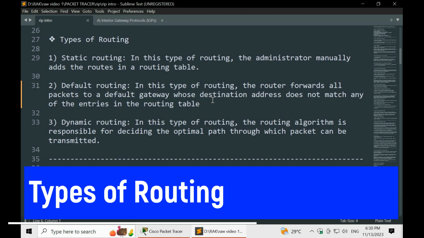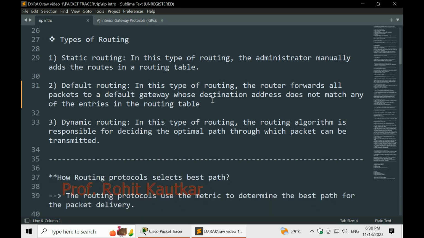So friends, the first category we have is static routing. As its name suggests, in static routing all the paths are fed manually to a router by the network administrator. This type of routing is suitable only for small networks, because in a large network there will be so many paths available, and feeding all these paths to the router manually would be quite a tedious task.